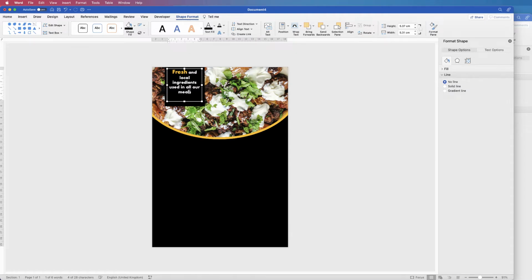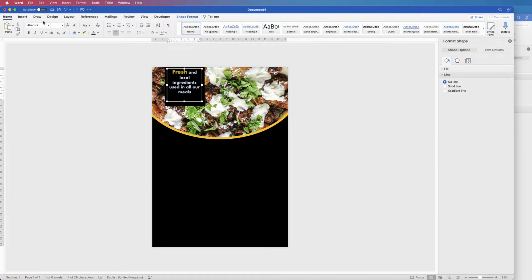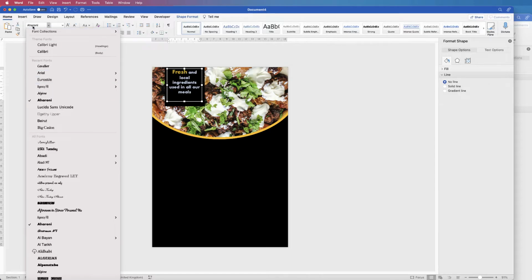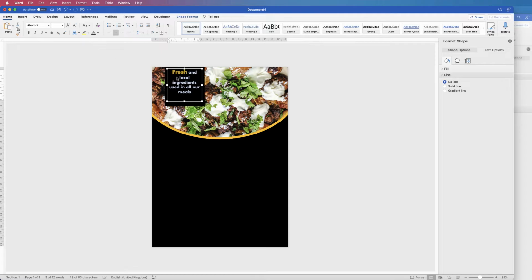Okay, so if you double click inside your text box here, you can select all of your text, go to the Home tab, and then you can fully customize it using all of these tools here. This is your font. So this font at the moment is called Aroni. And all I've done to this first word here is I've just selected it. I've increased the font to 26, and all I've done is use this tool here and just selected the yellow color. And then to make sure that that's all centered,